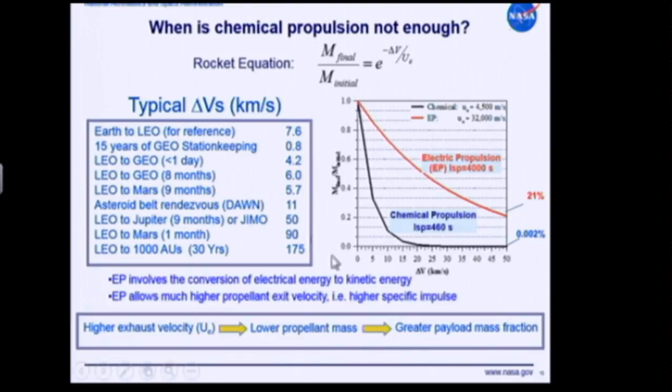But if you look at that box of delta V's for different missions, for a mission from low Earth orbit, LEO, to geosynchronous Earth orbit, GEO, the delta V is under 5 kilometers per second. You see that on the chart on the right. And again, these are very gross level comparisons. The black line is a performance metric for chemical propulsion, the liquid oxygen, liquid hydrogen combination, 460 seconds. That capability to have a high mass fraction drops off very dramatically as your mission delta V goes up. So you compare that to what we call electric propulsion, which is a high ISP type system,